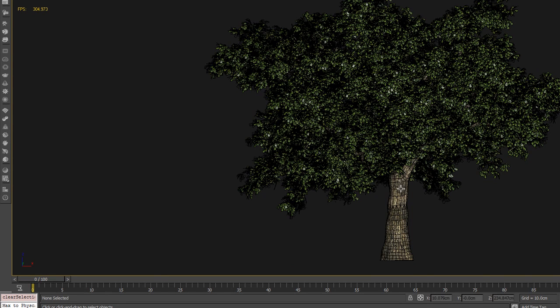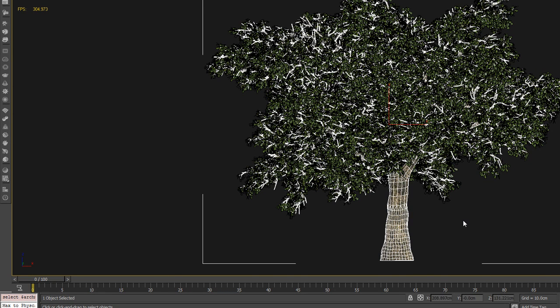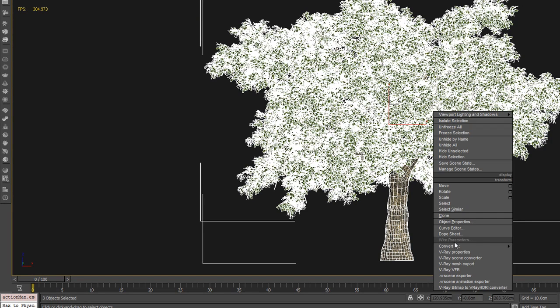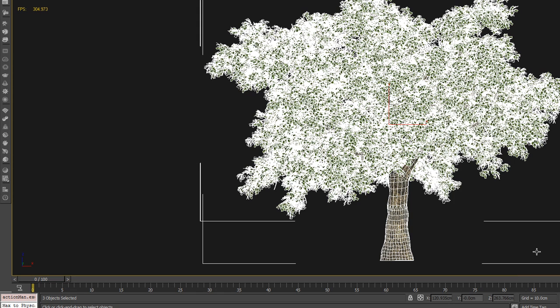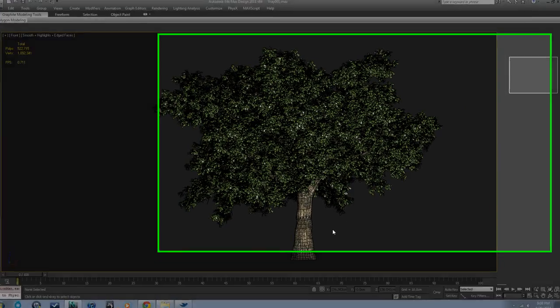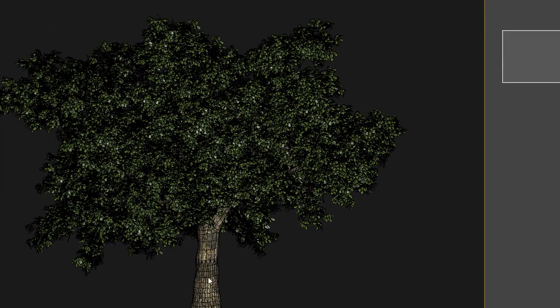First of all, you have to make sure everything is in Edit Poly. So if you Control A to select all, convert to Edit Poly. Then you're going to want to isolate everything that you want to be a part of that same object, that same tree. In this case, it already is that way. So let's select the trunk,